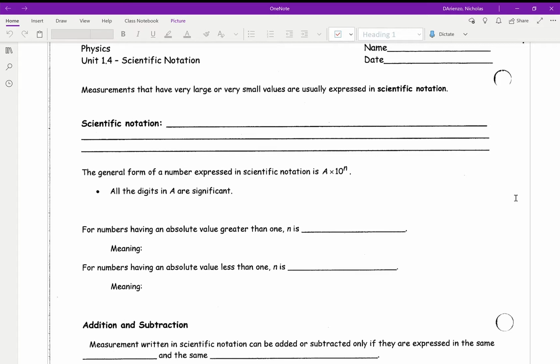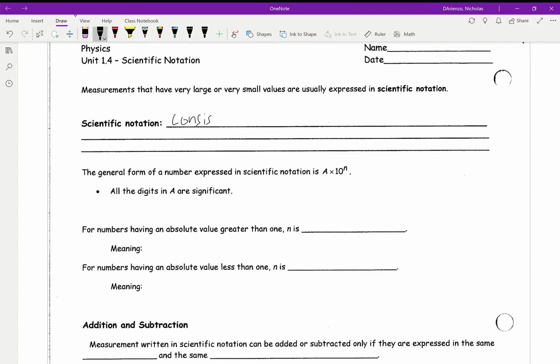is going to encompass really large or really small numbers, and it allows us to write those really big and really small numbers, that usually have lots of zeros preceding or ending the number, in a much easier way. So scientific notation